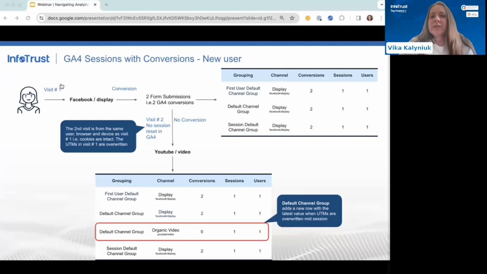Now let's consider a scenario where the user is introduced to another campaign. In our case, let's say it's a YouTube video and it changes mid-session. The key difference between Google Analytics 4 and Universal Analytics is that Universal Analytics will generate a new session in such an instance, while GA4 will not. As a result, you can observe that the session count remains unchanged in the illustrated table below. This will also not reset the